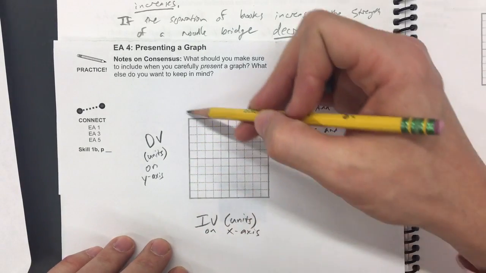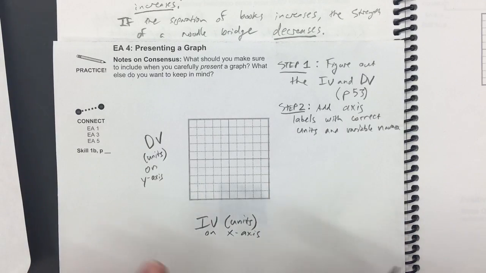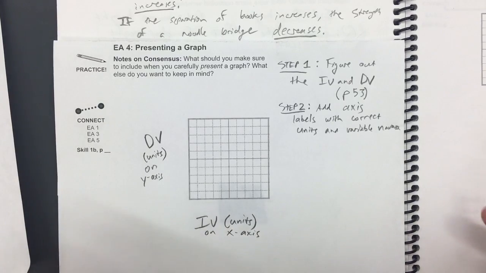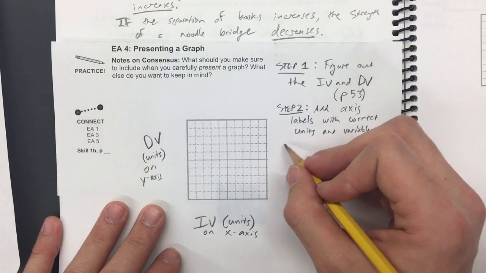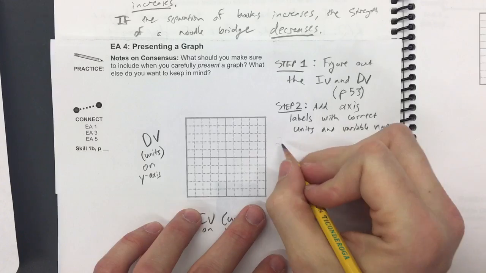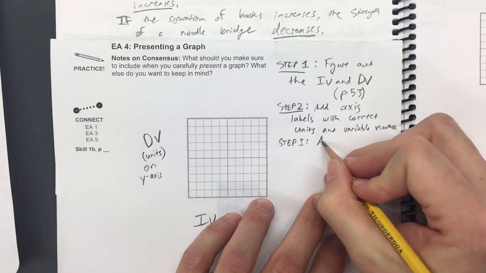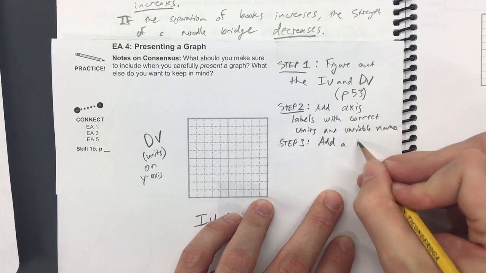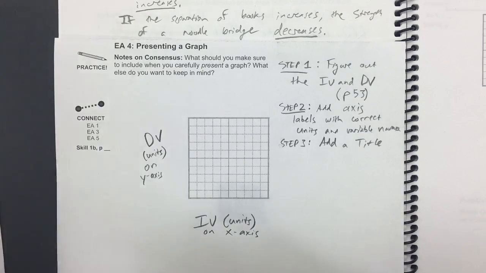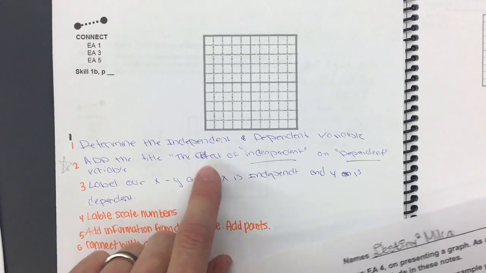Make sure that you have some room here to add numbers. We're going to add numbers on that graph, so make sure that when you write this, you've written it with some space here to write more later on. So step 3 would be to add a title, and in fact both Destiny and Milka and Anaya and Caitlin and Ashley suggested